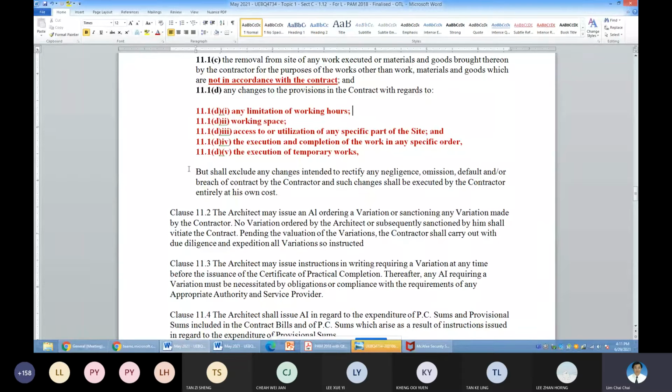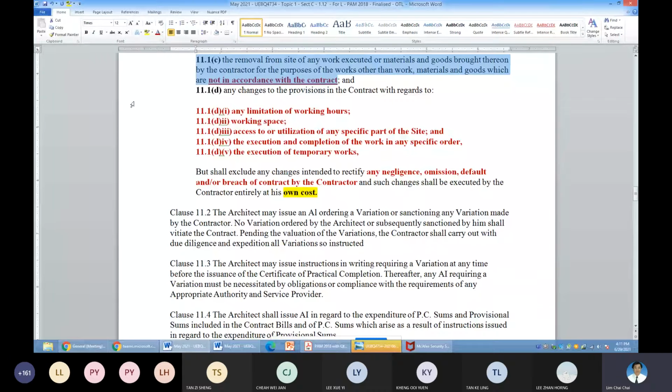But please remember, this one is a standard. Any negligence or any error due to the contractor's fault or breach of contract by the contractor, definitely, I use the term definitely, is at the contractor's own cost to rectify. It is the same as 11C. 11C is at own cost to rectify.